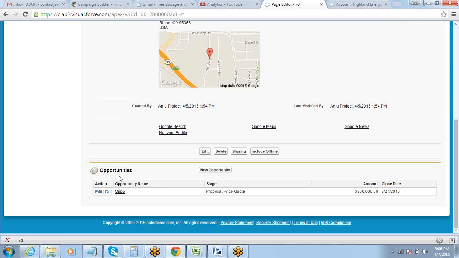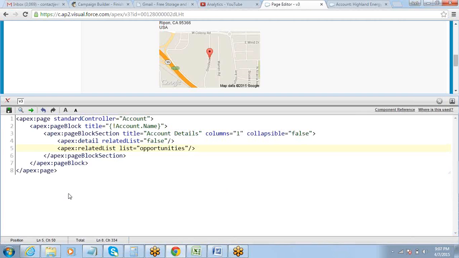So only the opportunity part is coming. Correct? So this way you can design your page as per the requirement. You can display the details as well as the related lists as per our requirement. Alright. If you want one more related list,